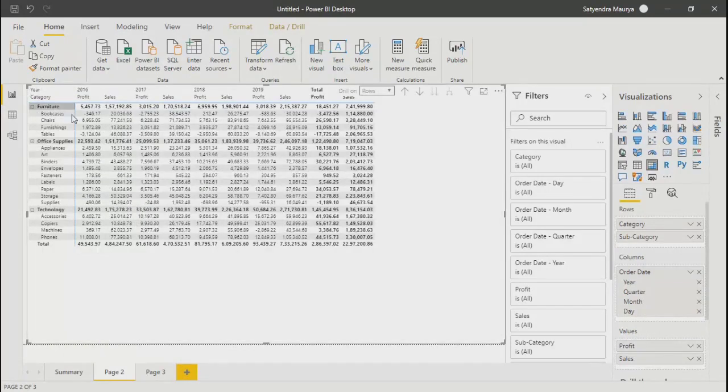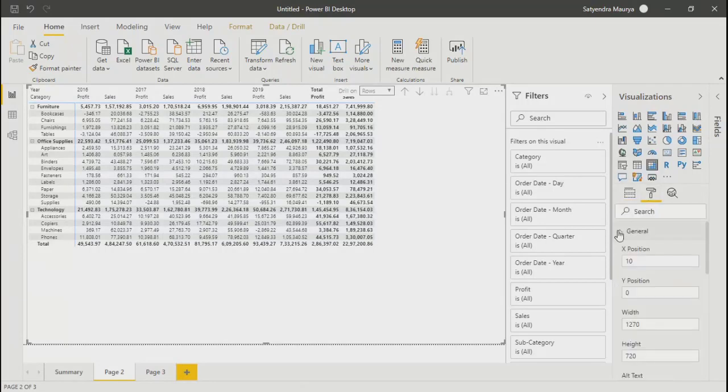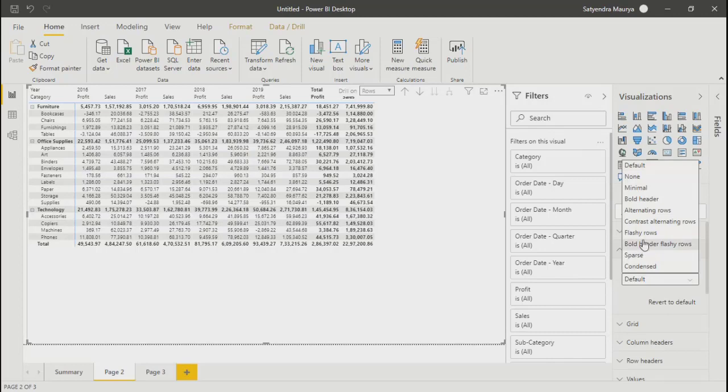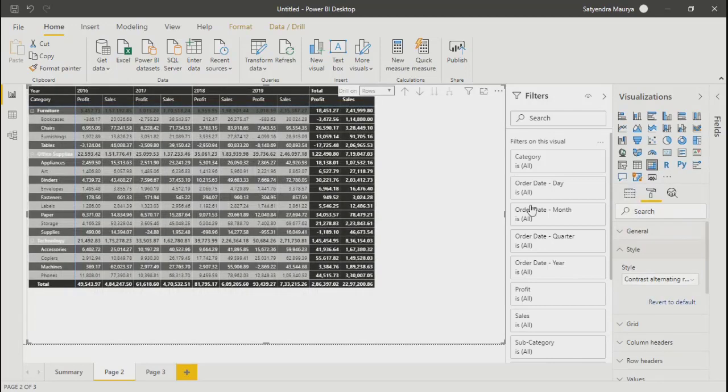See over here, you have got years at the top, and then you have furniture category and subcategory. That's what I wanted. Now, in case further to this, if you want, you can go ahead and apply some styles or charts, whichever you want, to your table. That you can do anytime.